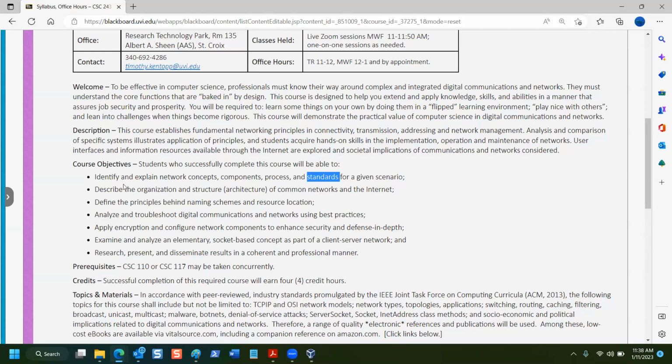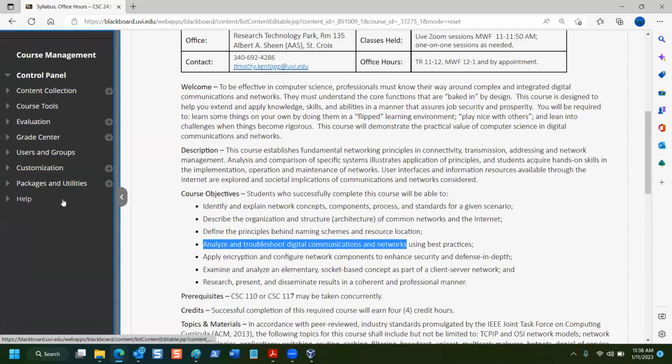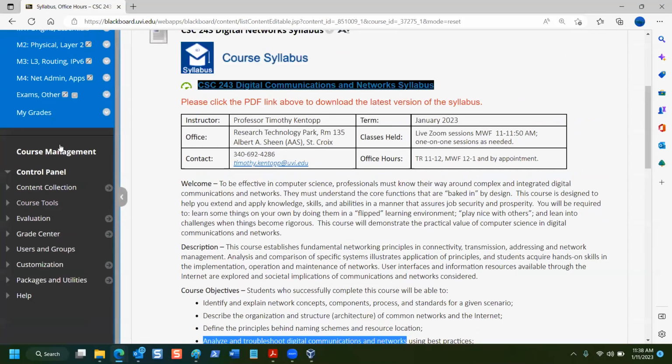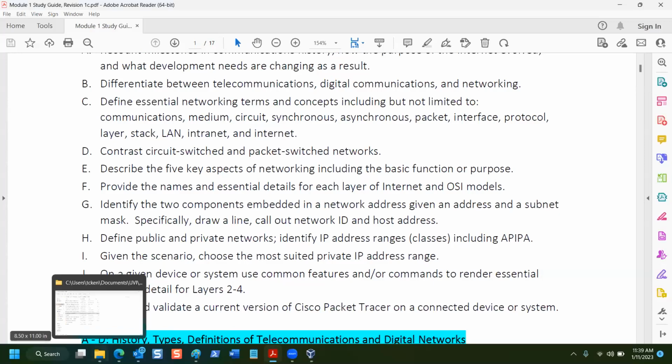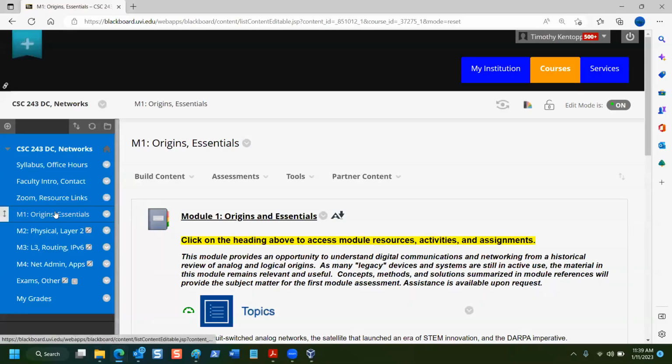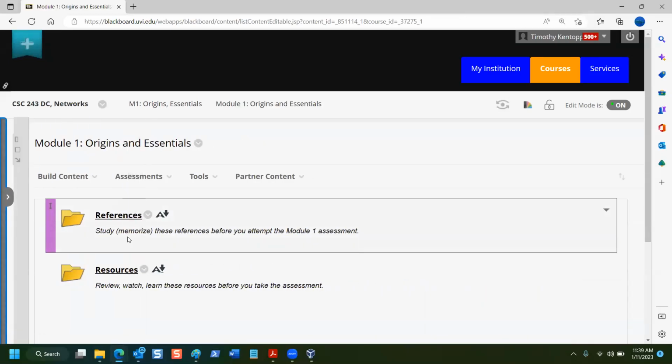Every one of our module objectives should tie back to the course objectives, okay? So you're going to learn how to apply encryption, configure network components, analyze and troubleshoot networks so you can fix problems, right? But every one of the student learning objectives, the stuff that's in each study guide, when you look online, I'm going to say over and over again, when you go into the module header, I'm going to say study as in memorize, verbatim.